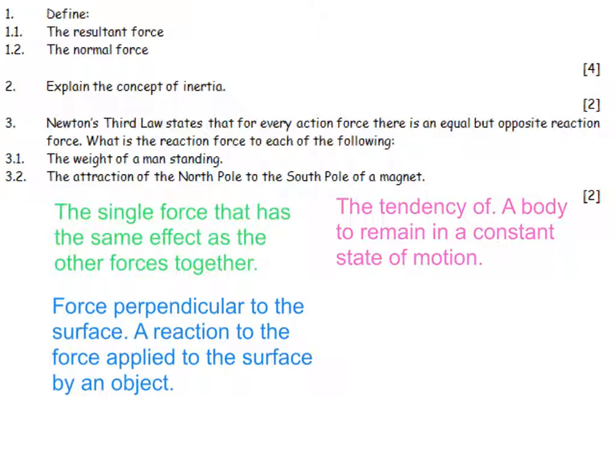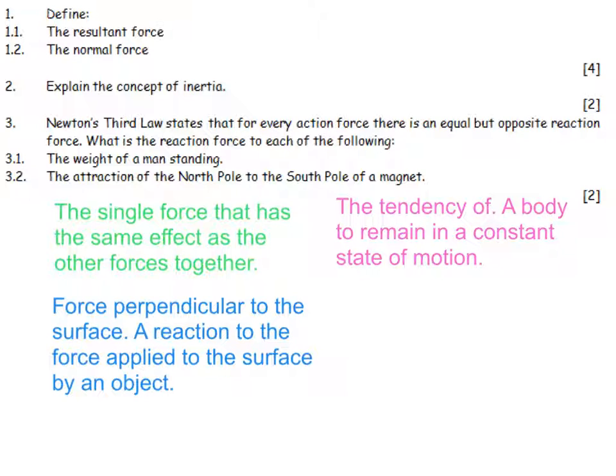The normal force is a force perpendicular to the surface. It is a reaction to the force applied to the surface by the object. Explain the concept of inertia. It is the tendency of a body to remain in a constant state of motion, so either staying still or